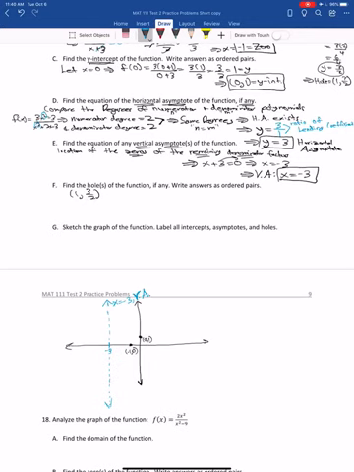With that said, we also had a horizontal asymptote. So let's go ahead and draw that in. Our horizontal asymptote was at 3 on the y-axis. So let's go to 3 on the y-axis and draw in the horizontal line. As we draw that in,